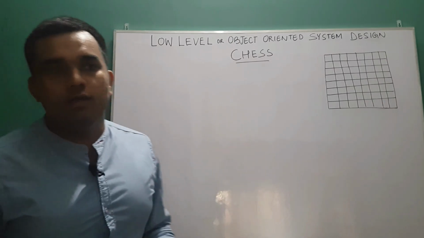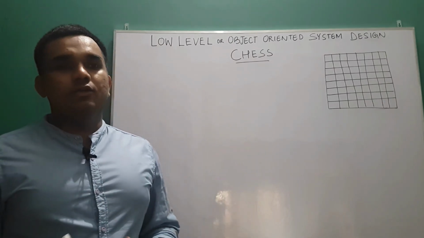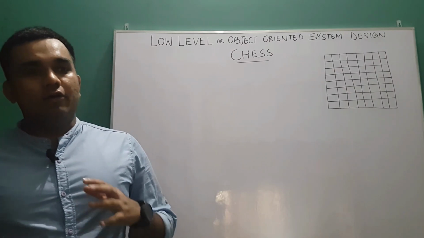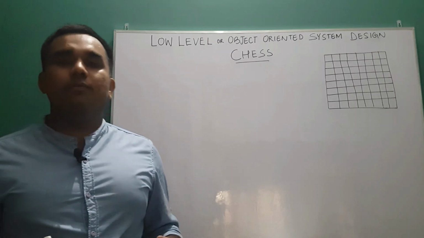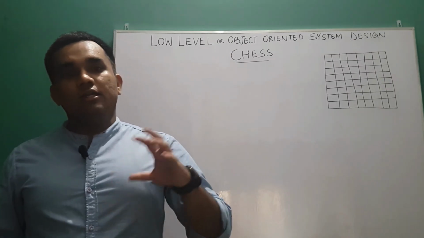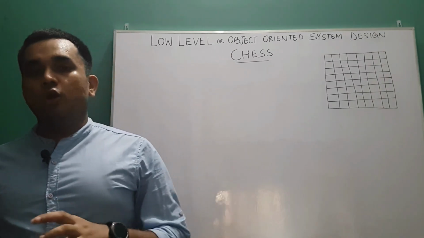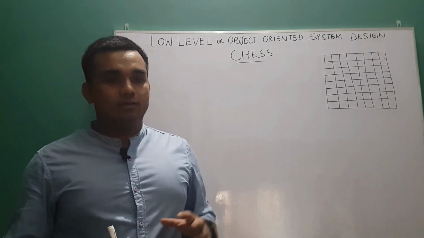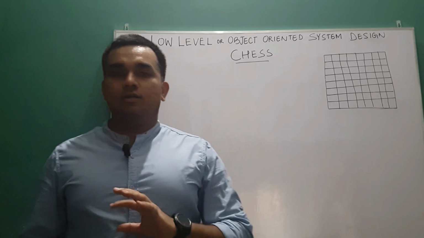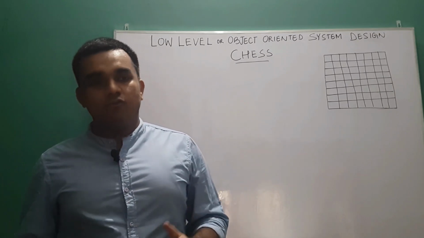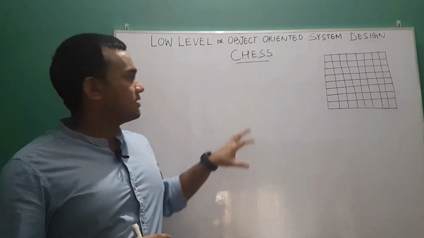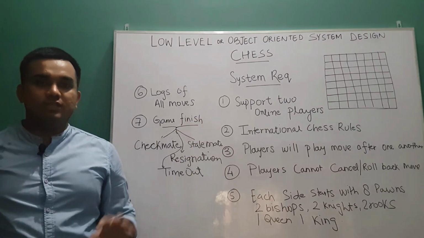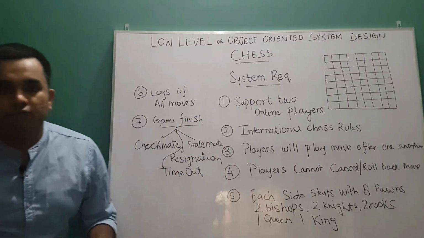So first of all, whenever you are asked any question in the interview to design, you have to ask and clarify all the requirements from the interviewer and list them down, because there should not be any confusion later. Let's write down the requirements that will be needed when we design our chess, that is, what all should be there in the system when we design it. So here I have listed down all the requirements which our system should have. I'll explain one by one.